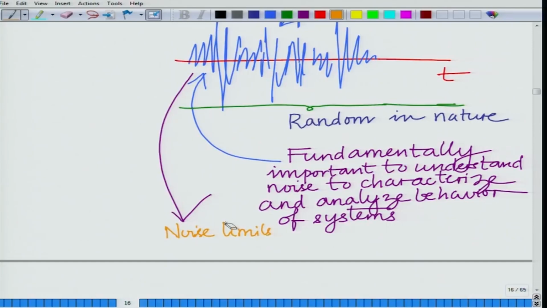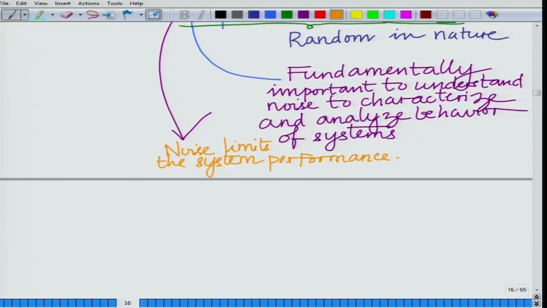Noise limits the system performance, and it is of fundamental importance in the performance analysis and characterization of the behavior of